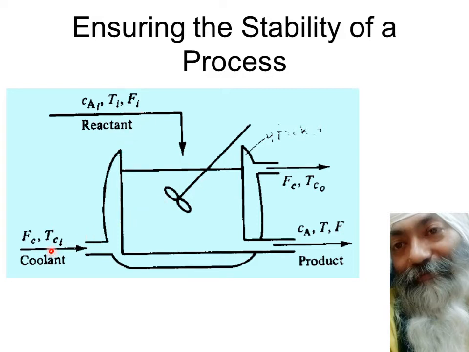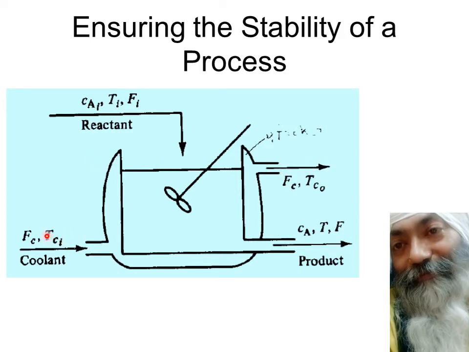Similarly here, this TCI denotes the temperature of the coolant at the input, and TCO denotes the temperature of the coolant at the output. So what you're going to see over here, if you go ultimately for the dynamics of this, or the modeling of this, or in simple words the mathematics of this entire process, is that you have something coming into the tank, something going out of the tank, something going into the cooling jacket, something going out of the cooling jacket, and the variables are, as you can